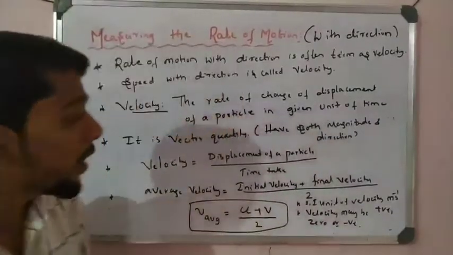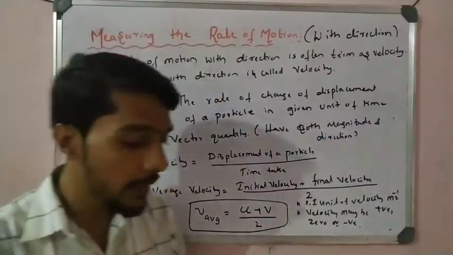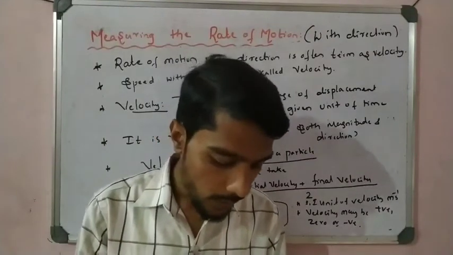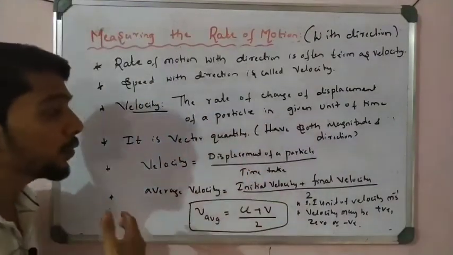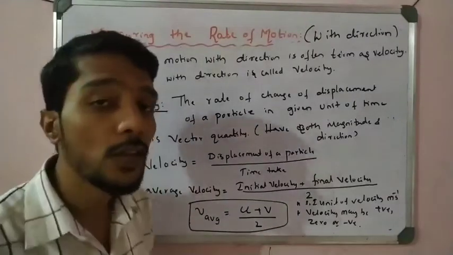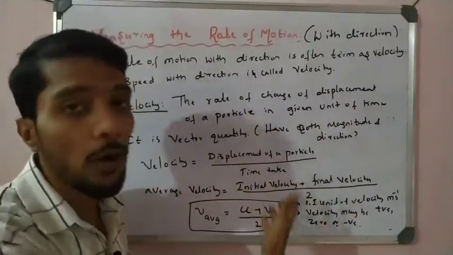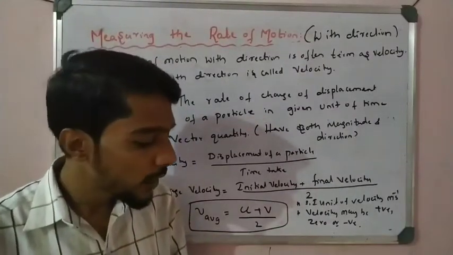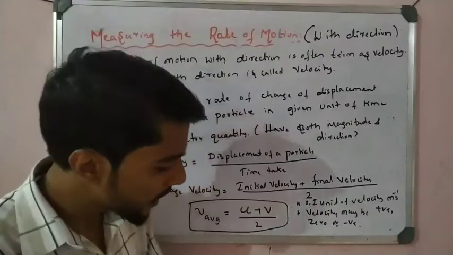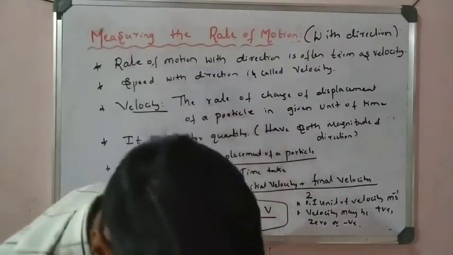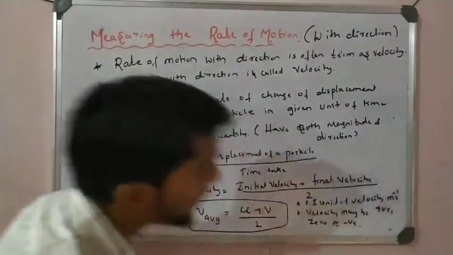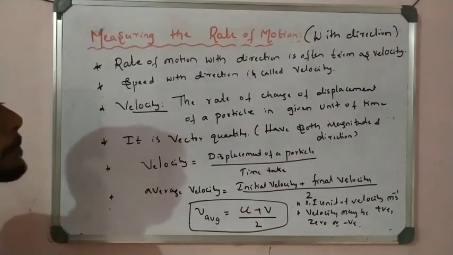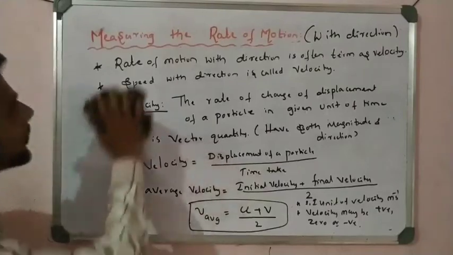Please write down all these important points, which will be in the NCERT exam, NCERT of class 9. Now, to understand the concept, I will take different numericals to understand how to use these formulas. I will take one numerical based on speed, and then some based on velocity. So let us start the class with the numericals. You can first pause the video and write down all these points.